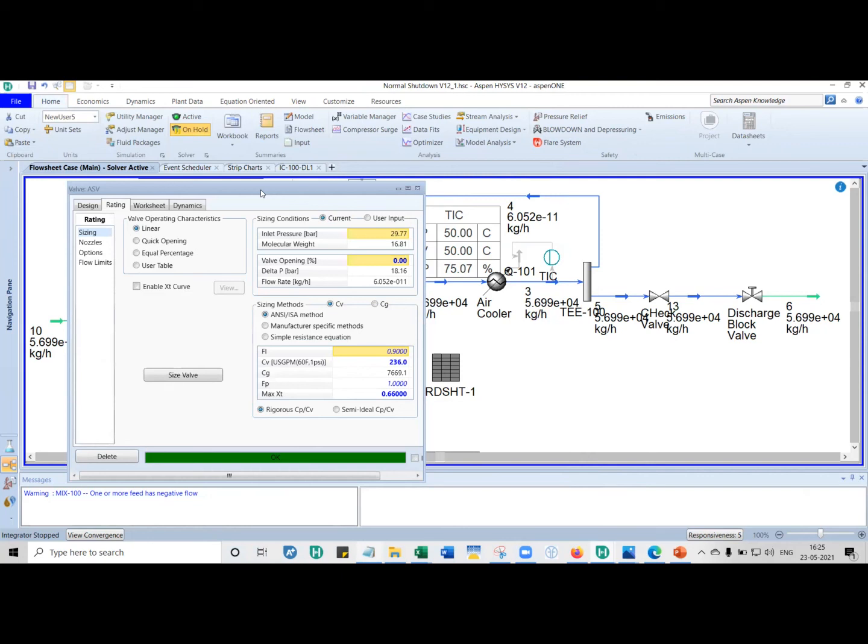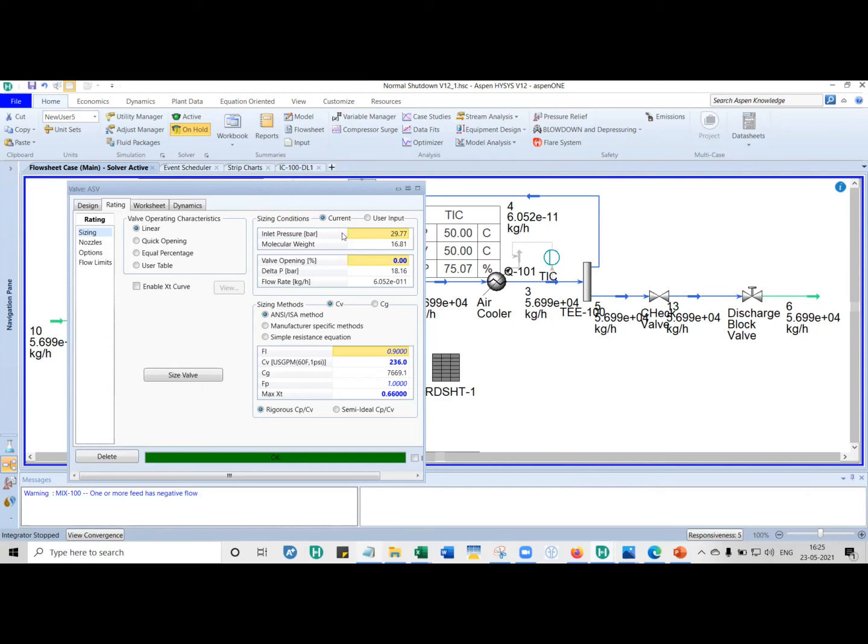Next, for the ASV, when you're sizing it, please remember it is the vendor who decides what the ASV size should be. But let's say you're in the proposal stage or the front end stage where the manufacturer still has not given you data, but you have to at least tentatively decide what size of CV to put. You can estimate, but you must share those results with the compressor vendor, because he gives you the guarantee and warranty. It is his piece of machinery, and he has the final say